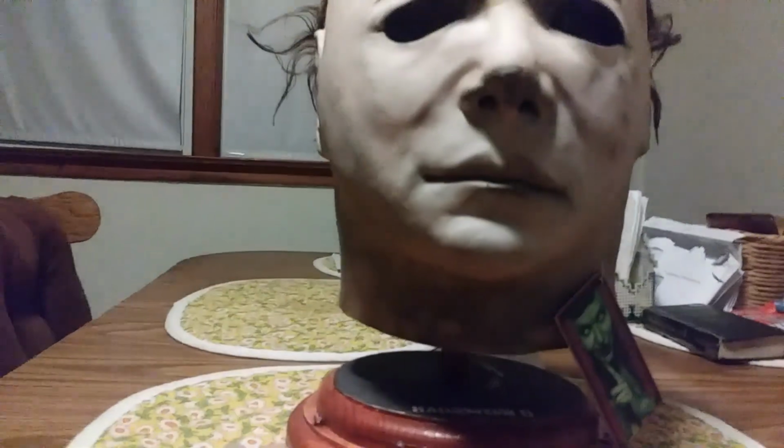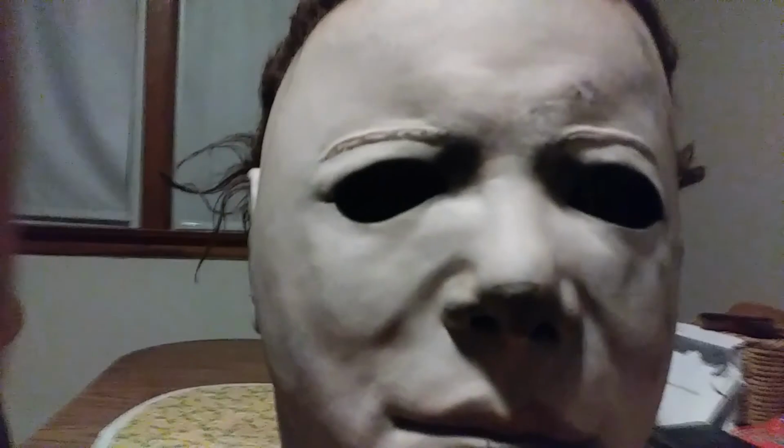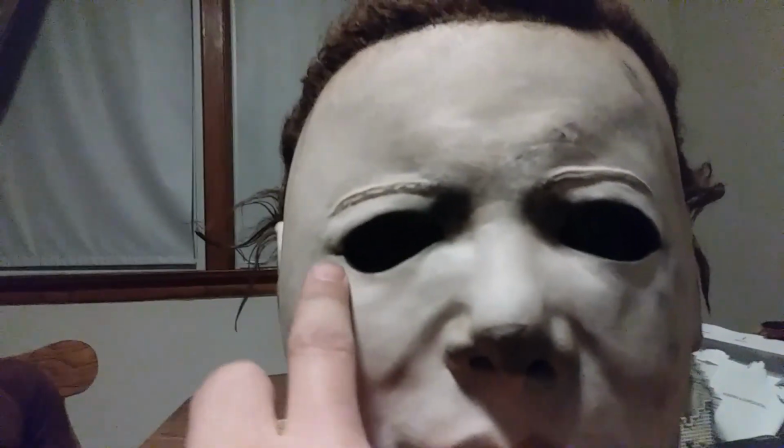Taking a look at everything, how greasy it looks. I did get Velcro on this, and it looks pretty good. I can also use some tips on how to properly stand this up. I'm using bags, and frankly, it took me a while to even get it to look this good. But yeah, it's fantastic. The eye holes, which has always been one of my favorite features of the H2 mask,